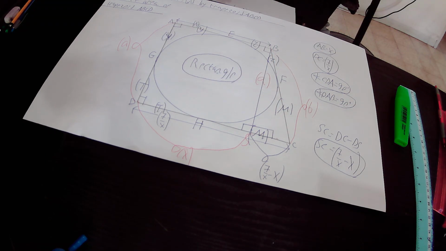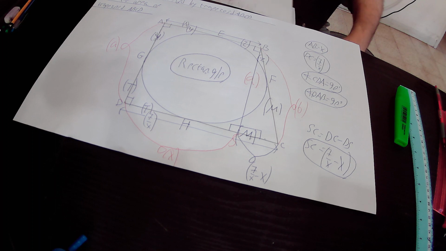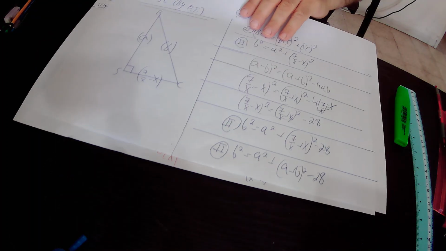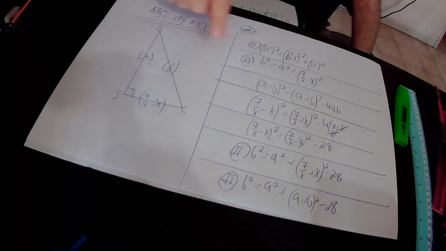In the next step, I copied this right triangle BSC to a new page and we implemented the Pythagoras theorem on this right triangle BSC. So actually, this is the right triangle BSC that I copied from the original drawing. Here, PT is the abbreviation for Pythagoras theorem. According to the Pythagoras theorem, in any right triangle, the square of the hypotenuse equals the sum of the squares of the perpendicular sides. The hypotenuse in this right triangle BSC is BC, therefore the square of the hypotenuse is BC square, and it must be equal to BS square